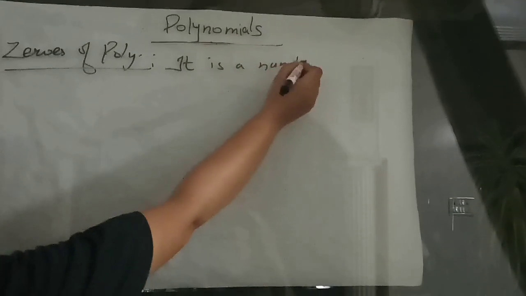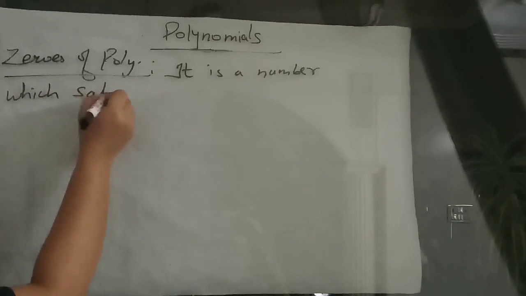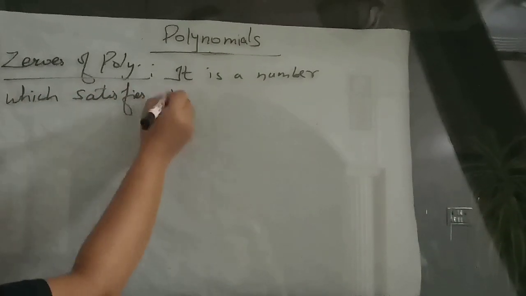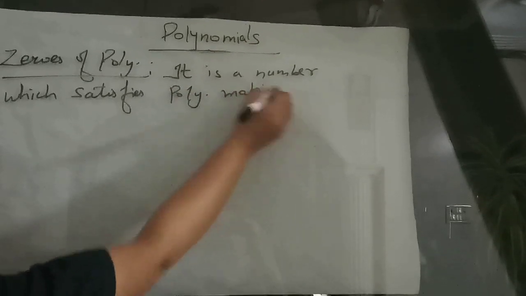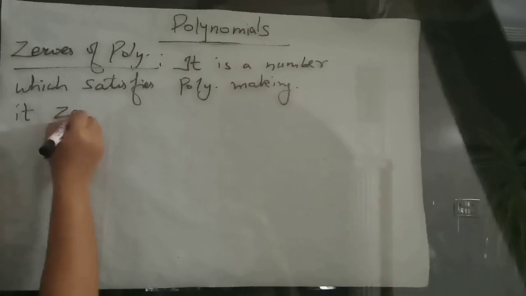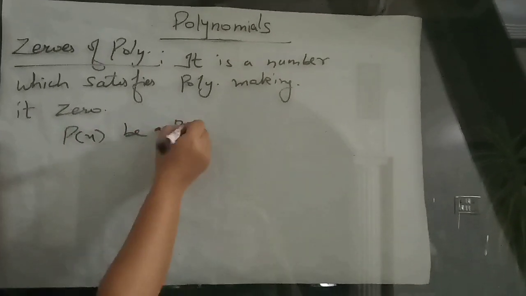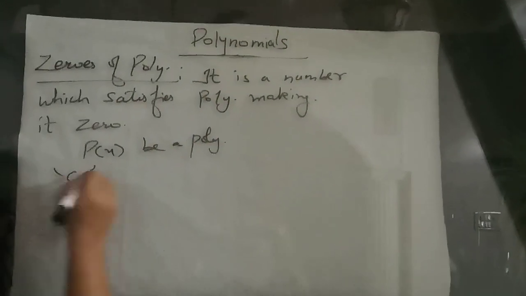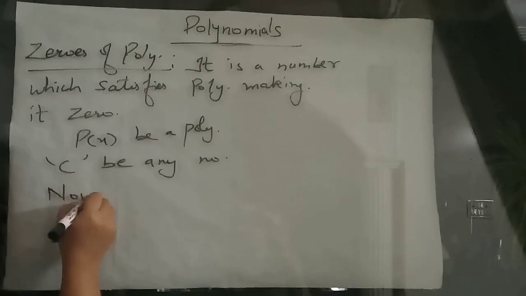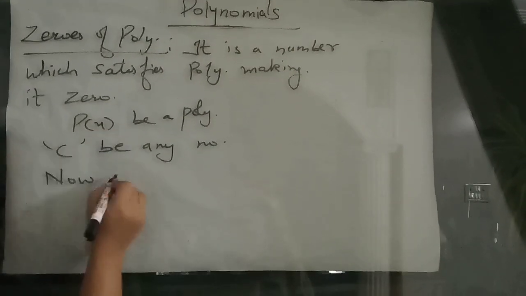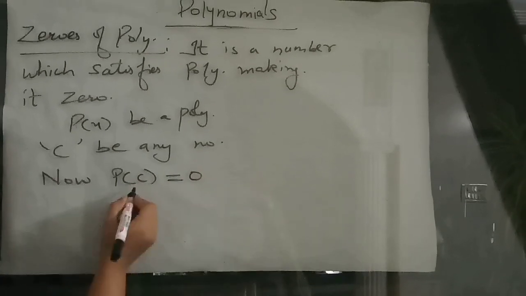satisfies the polynomial, making it 0, making the polynomial 0. That is, let P(x) be a polynomial and c be any number. Now, when we put c in place of x, and if your answer becomes 0, then we will say that